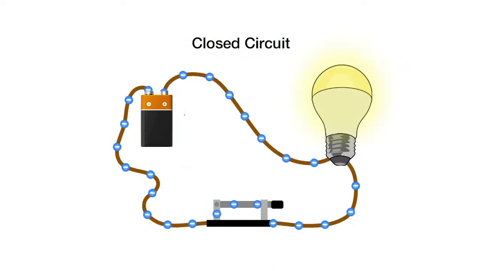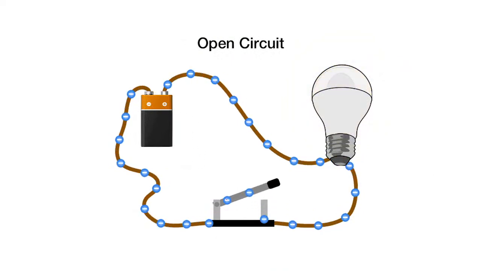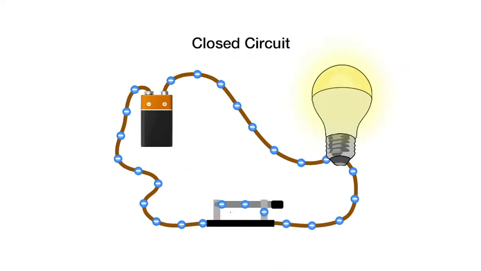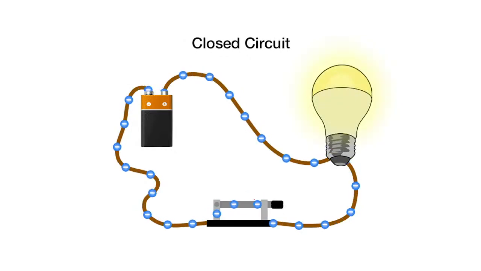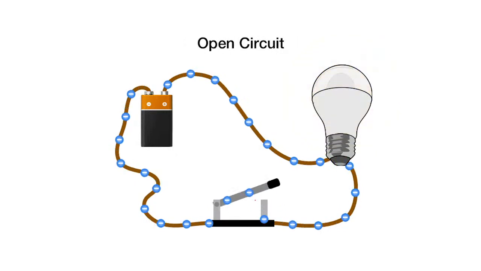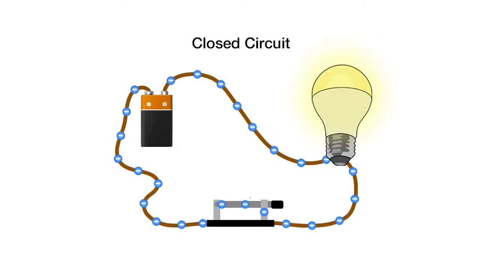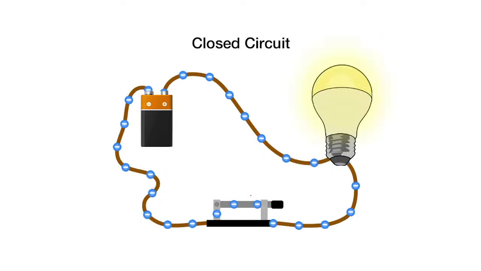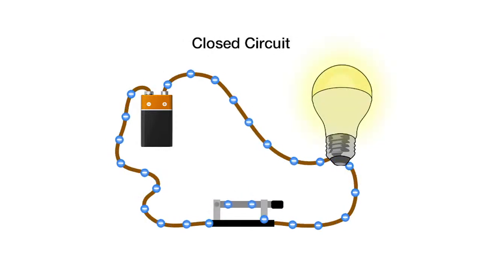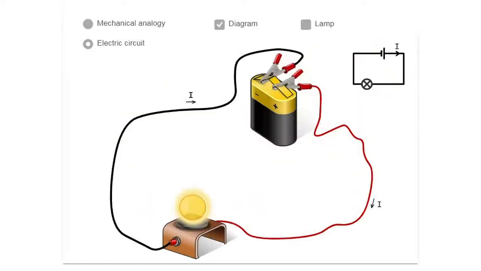In this animation, you can see that when the switch is at the on position, the electron gets a path. When the switch is at the off position, see what happens. The electron does not get a path. So there is a break in the circuit and the electron does not flow, and therefore the circuit is termed as open circuit and closed circuit. That's an electric circuit, and this is how we draw the diagram.